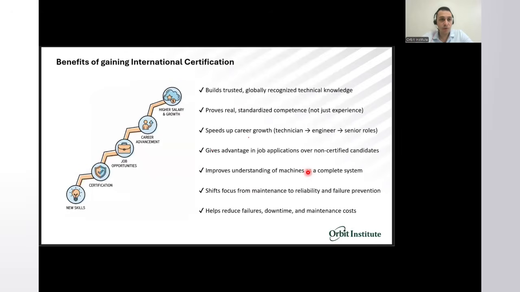I want to talk about the benefits of gaining an international certification. Is it really beneficial? Is it really important to have an international certification, to invest in yourself, to pay for an exam, and after this exam, to get a certification released from some place worldwide, from the ICML, for example? Is it important for your career path? According to my own personal experience,